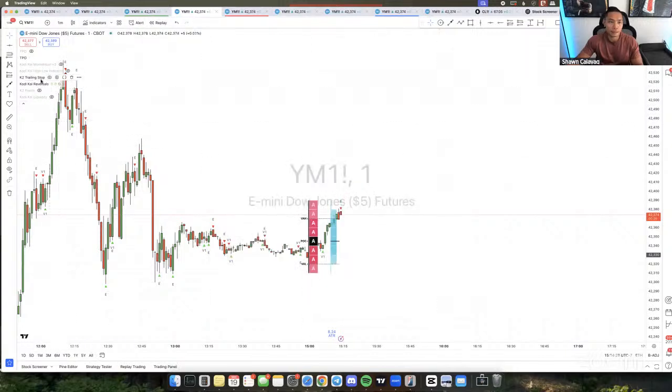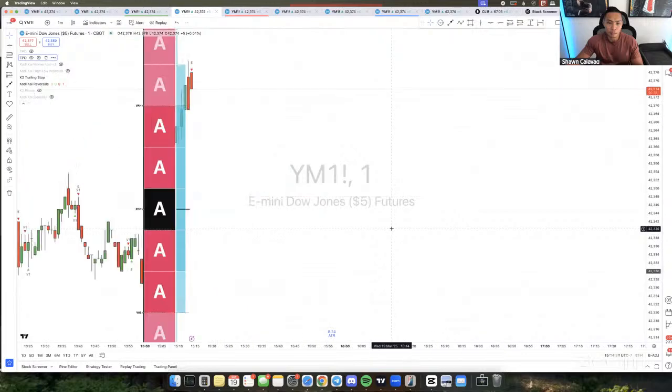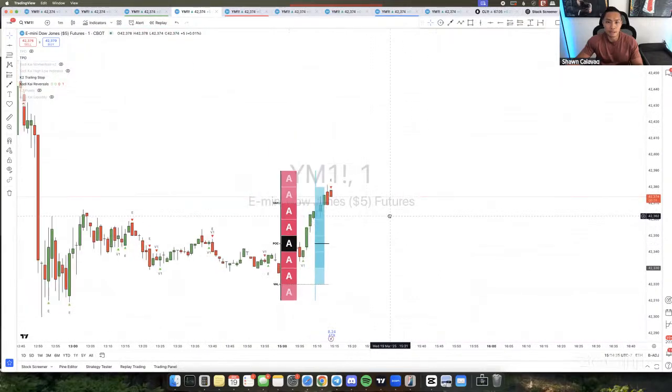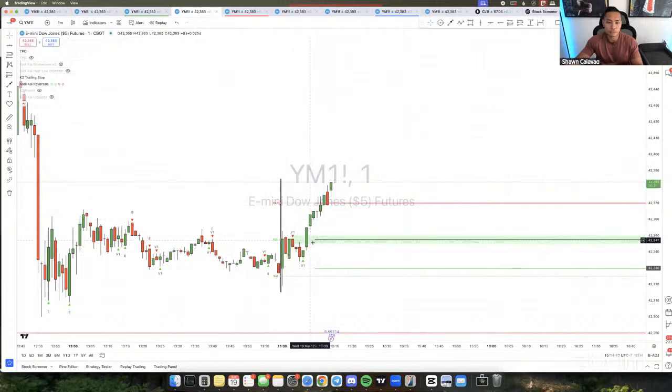And then these are the default settings. If you have your default settings right here, it sets a 30-minute. I pretty much have everything at default. The only difference here is that I take off the blocks. So you'll see this is what mine looks like. It just shows you the lines, and this is what the main one looks like.